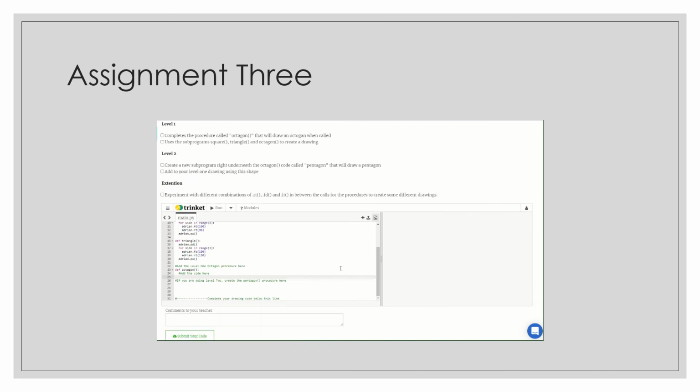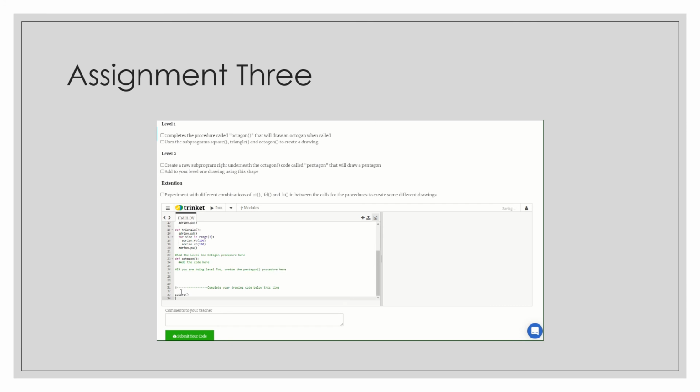And then you've got 2 places to work with your code. Between lines 27 and line 30 is where you would create the pentagon code. And underneath the comment for complete your drawing code below this line is where you write your code to do the drawing. So maybe writing square,